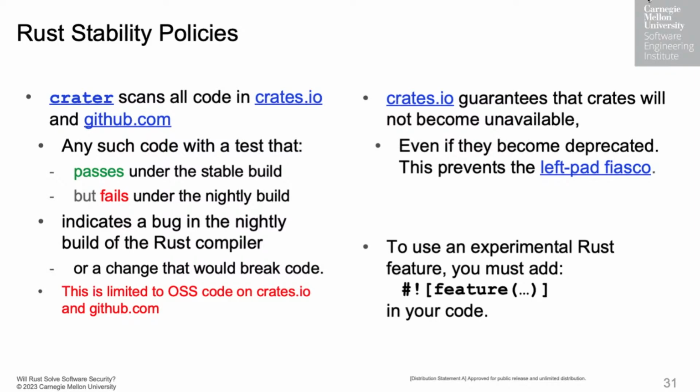So while you can use experimental features, you can't do it without being made aware of it, that you're potentially doing something unstable. And one thing I'll add is, in addition to needing to use that feature annotation if you want to use unstable features, you then also need to build your code with a nightly compiler rather than a stable one. So you're really opting into instability if you want it, so it's never going to surprise you. Right. It's considerably harder to use the unstable nightly Rust compiler than an unstable nightly, say, Java or Python interpreter.